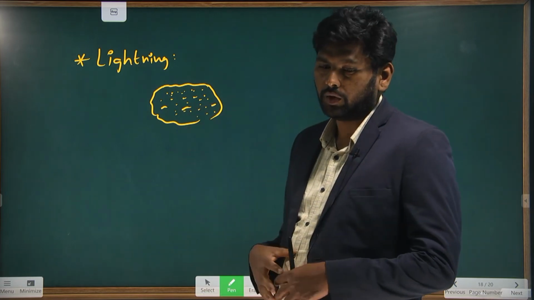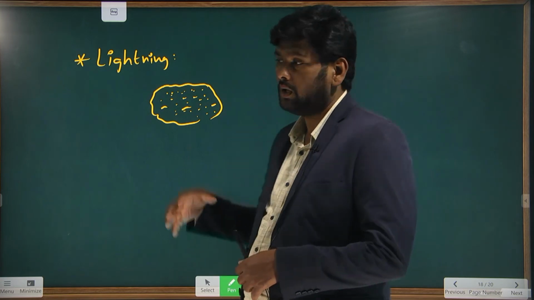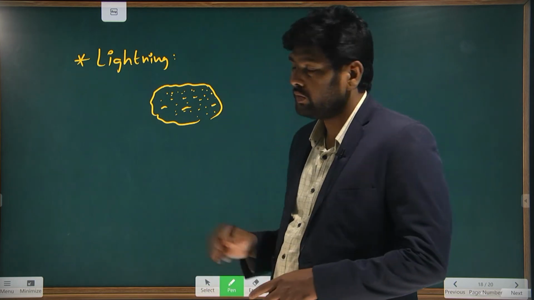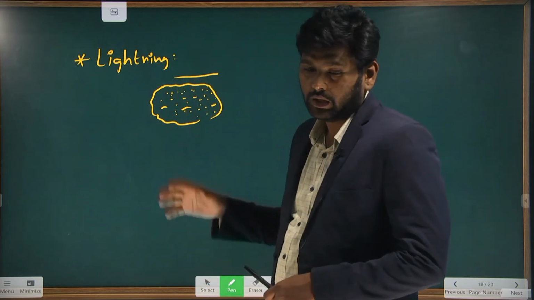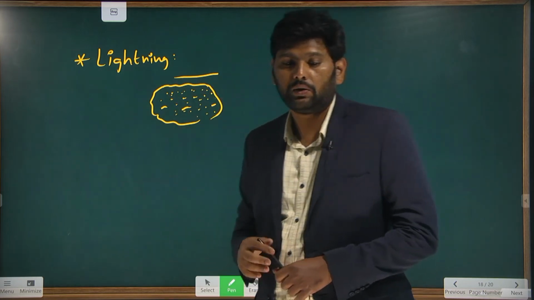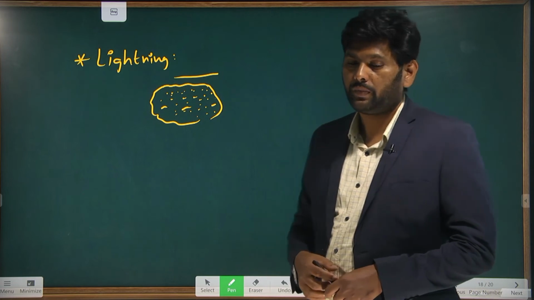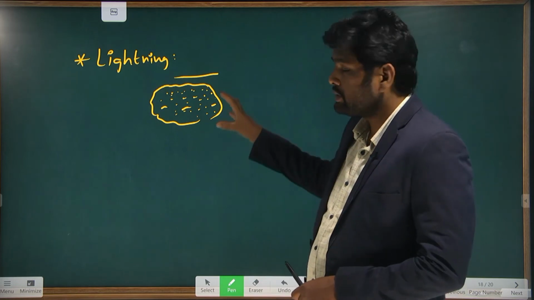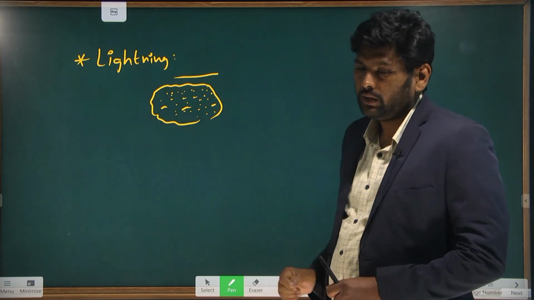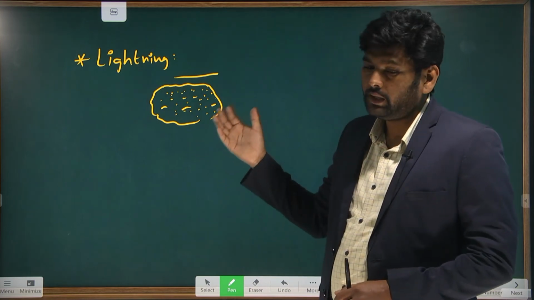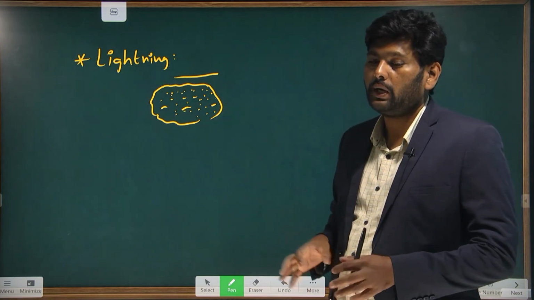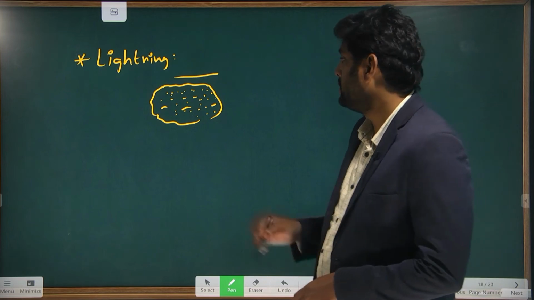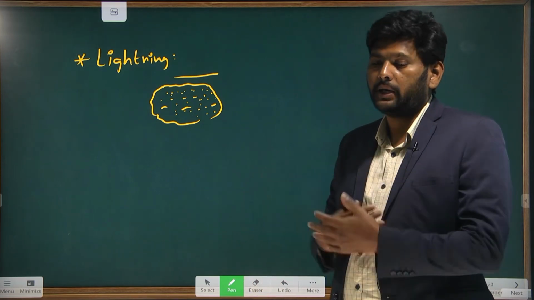The clouds are moving due to the wind, and inside the clouds the water molecules, due to the air friction, get ionized, which means they get charged. When they get charged, when two clouds interact with each other,